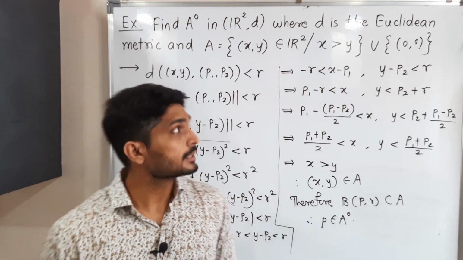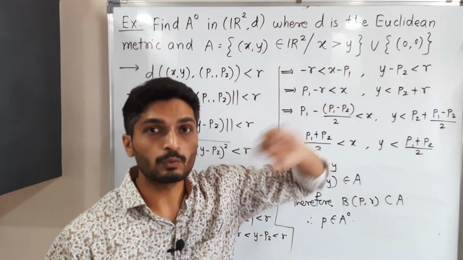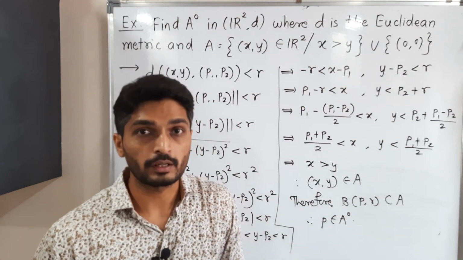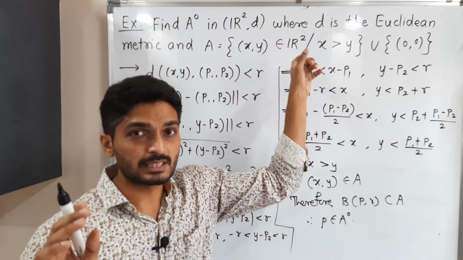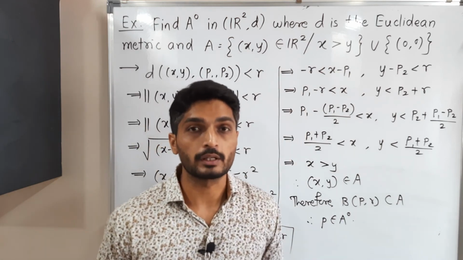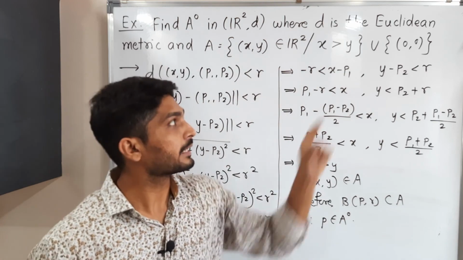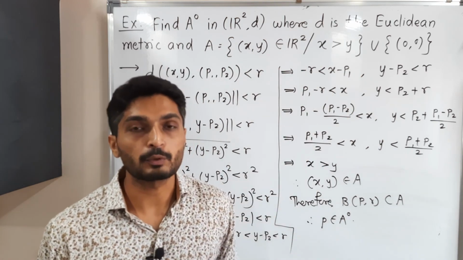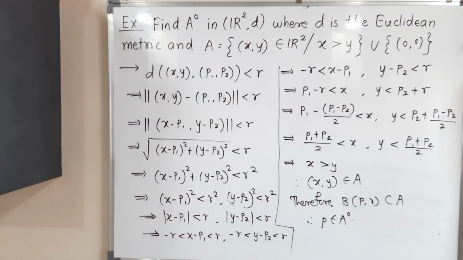So our conclusion is actually from two cases we have discussed. Getting? In case 1 we had taken (0, 0) and we proved that it is not an interior point. But in the second case, we selected an arbitrary point from this set and we proved that it is an interior point. That means every point of this part is an interior point, but that (0, 0) is not an interior point. This is our conclusion. Let me write it on the board, just make a screenshot of it.